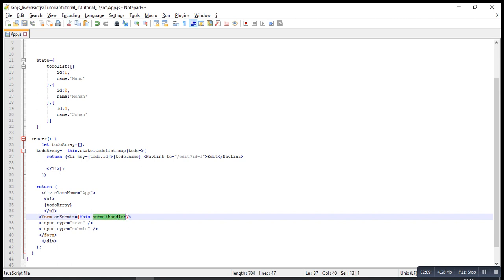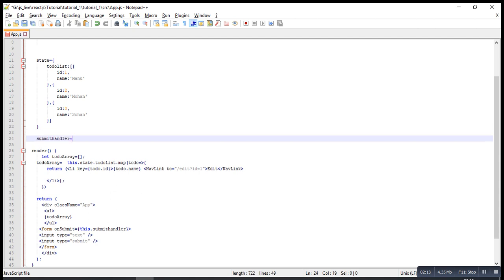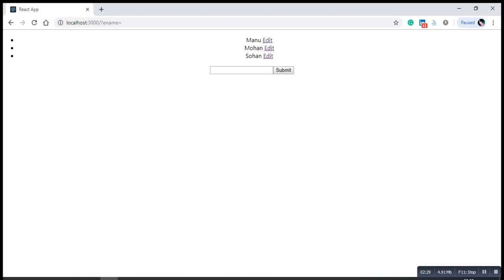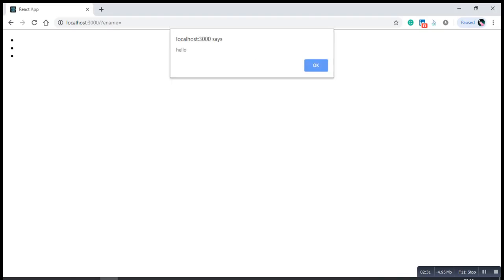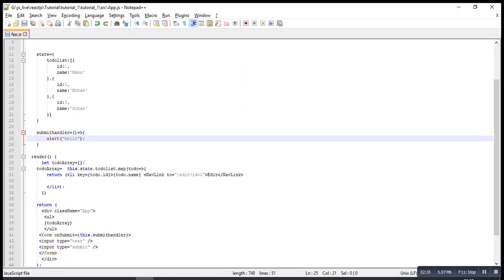Using this function I create an arrow function where I will submit the form, get the value and push it into the array. First of all I check whether this function is called or not. When I click the button, it is called. Okay, now you see,